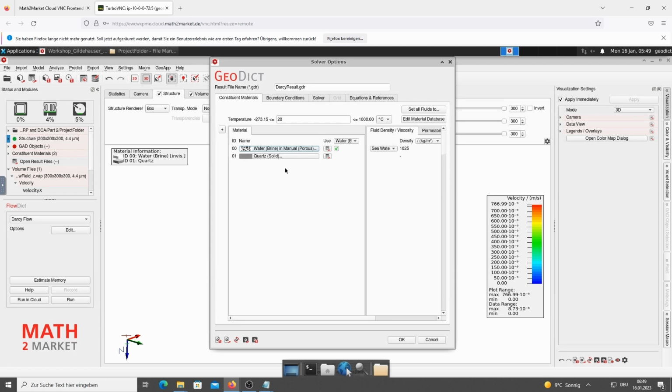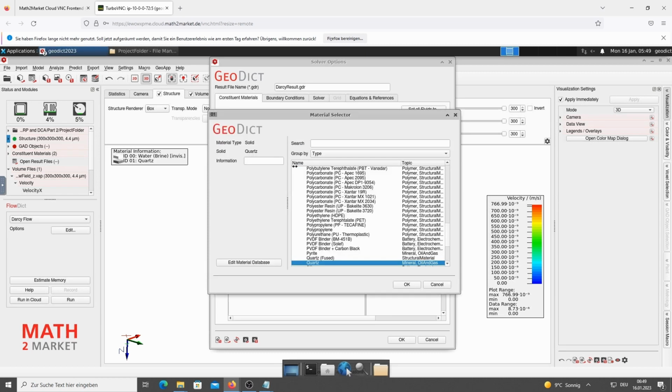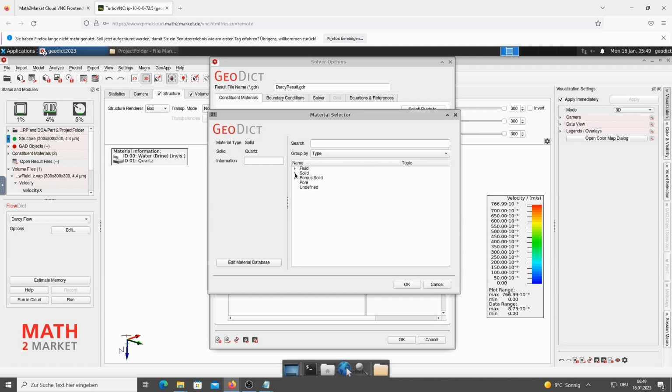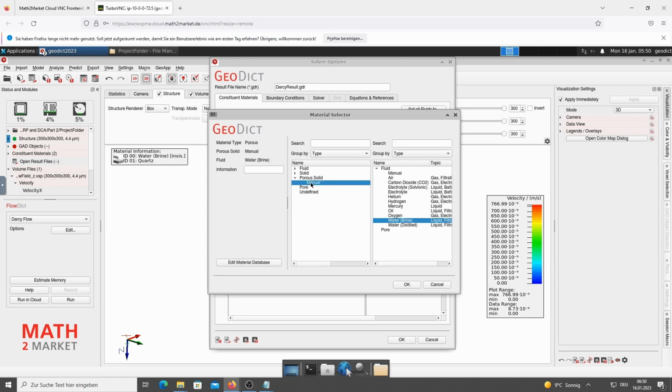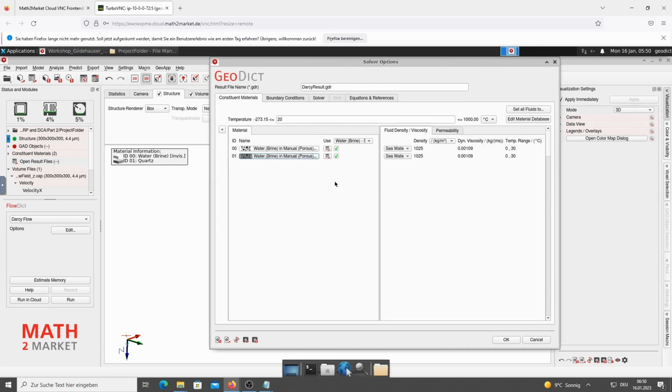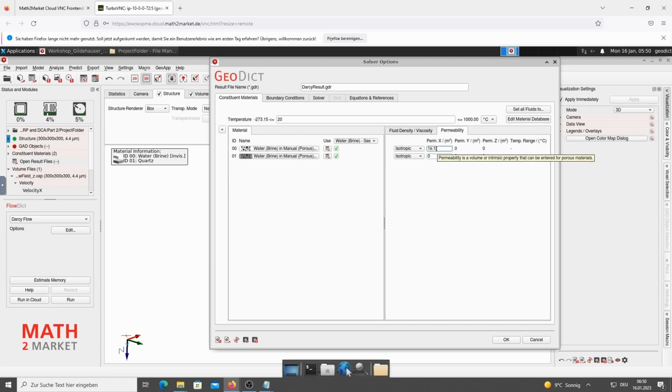And we can do the same for material ID 1. Now we have two manual materials present in the structure. Then the permeability in the permeability tab can be entered. For example, 1e-13 and 1e-12.